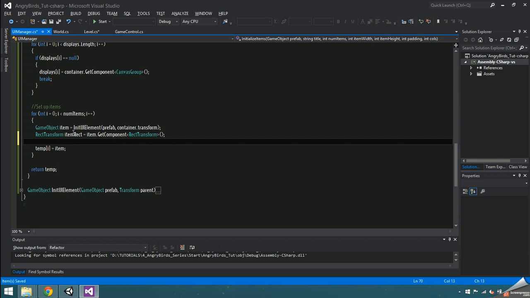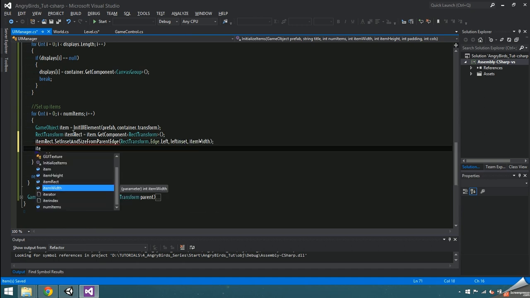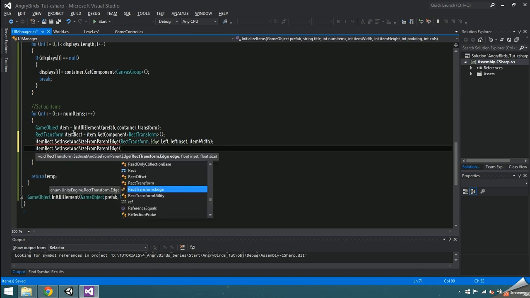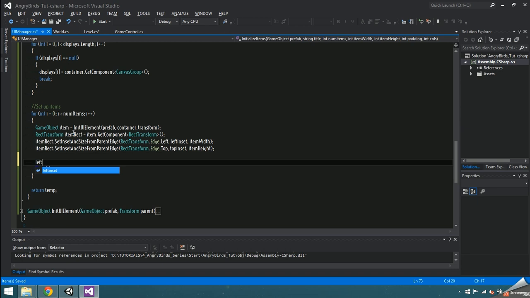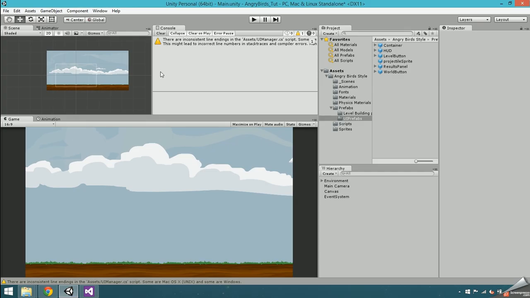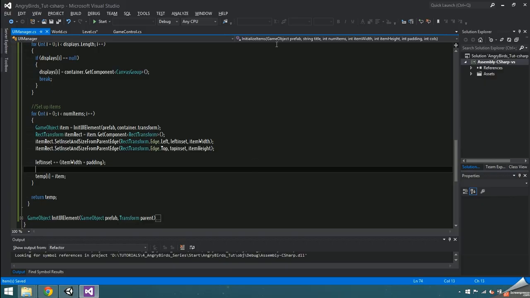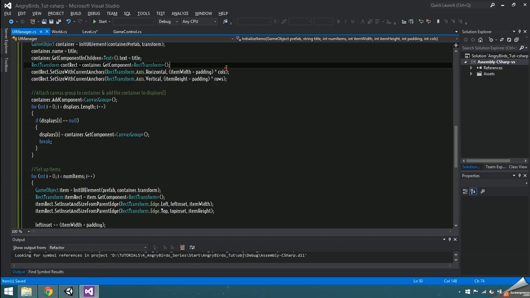And then itemRect.SetInsetAndSizeFromParentEdge, RectTransform.Edge.Left, left inset, item width. We have to do this again for RectTransform.Edge.Top. Pass in the top inset and the item height. For each loop, the left inset should increment by the item width plus the item padding. Press play and the container isn't quite big enough, so add plus padding to the end of each set size